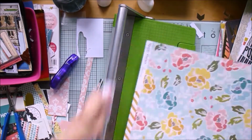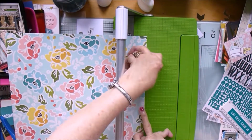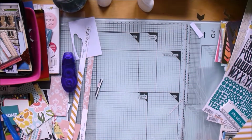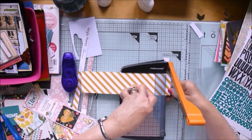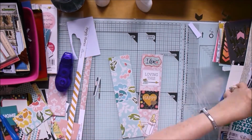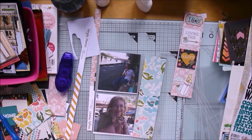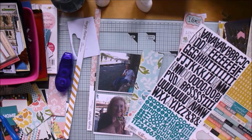And then I turned it over and realised the backing paper was on the wrong way up, so I had to cut a new one. I would have just used the back of that same piece of paper, but when I turned it over the hearts were upside down, which was a bit annoying, because I'd originally tried quite hard to get it the right way up, and then because I kept messing about with it so much, it ended up the wrong way up. So I chose this piece to go on the other side, and again picked out some stickers, creating